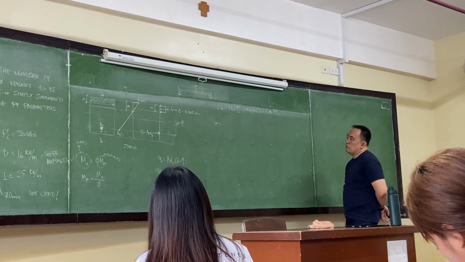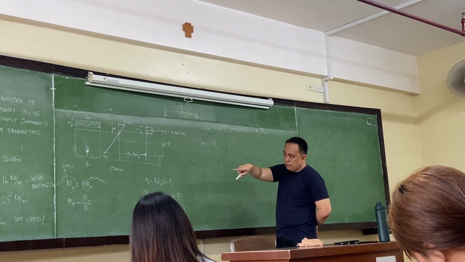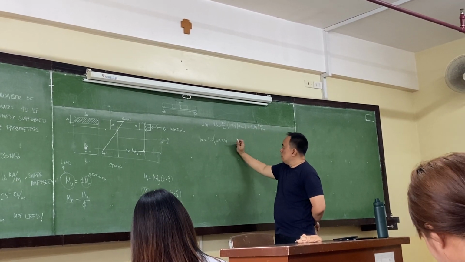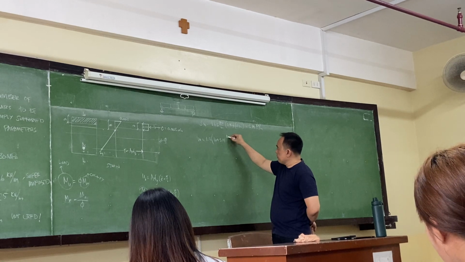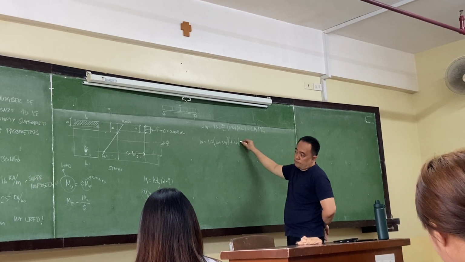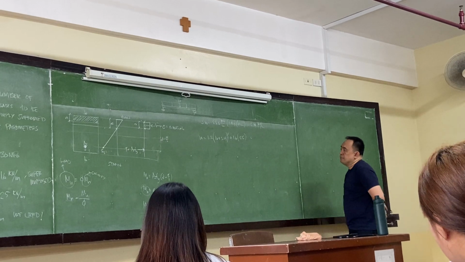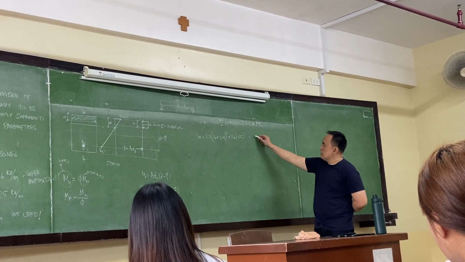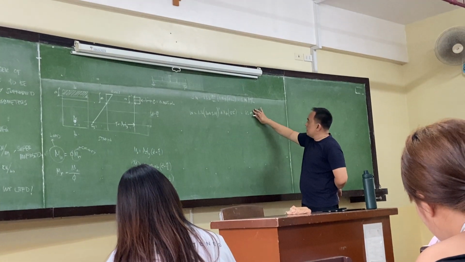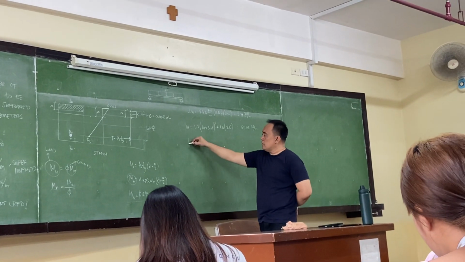For w, you have your 1.2 times 16 plus your dead load of 3.19, plus 1.6 of 25, equals 63.03. And then the moment for that, our Mu